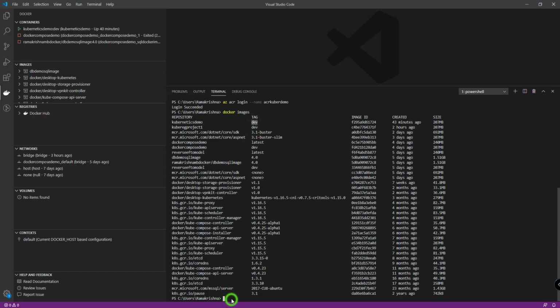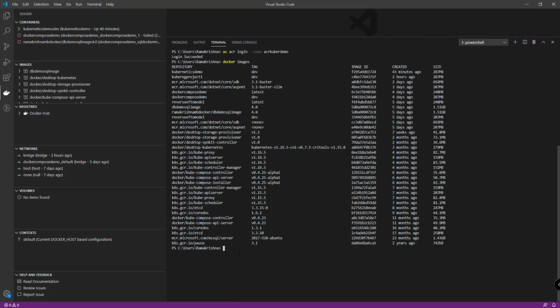So let us tag this image name to push to our container registry. To tag this image, let us clear this. Docker tag, let us copy this. Tag should be dev.